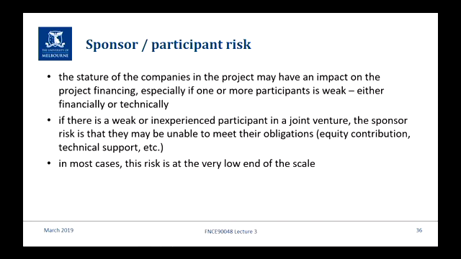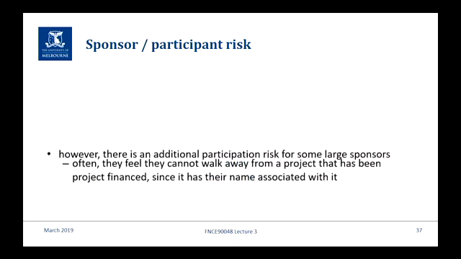In my view, that's a pretty low level risk. Not that it mightn't happen, but if it's possible or if it's likely to happen, it's very easy to anticipate. Think of a sponsor group where there's 3 multinationals and 1 small local company. The 3 multinationals say to the small local company, we'll put in 100 million each and you put in 10 million. And they know you haven't got 10 million. They're hoping you will in a year, but if you haven't, we'll deal with it. So that's why I think it's at the low end of the scale.